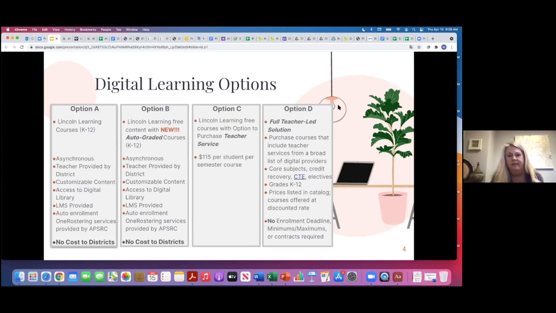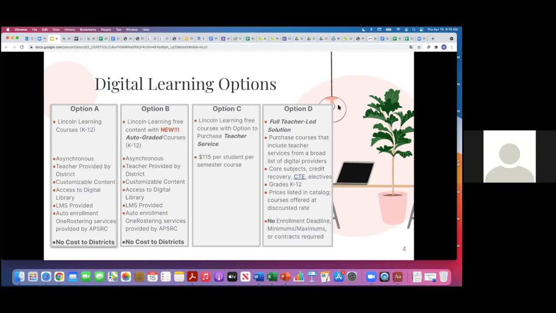So that information is already out there for this year. As far as the teacher service piece, these are all licensed teachers. Pam, do you want to set that record straight so I don't mess up on that? I'd be happy to, Mel. The teachers are not necessarily Arkansas certified, but all of them have the Arkansas background check, which is the requirement for digital teachers in Arkansas. So they will have that completed.